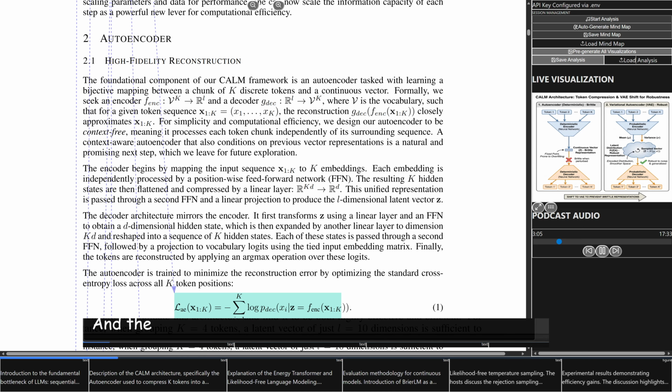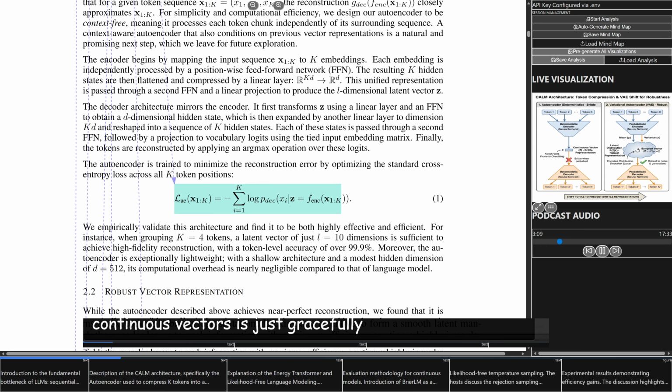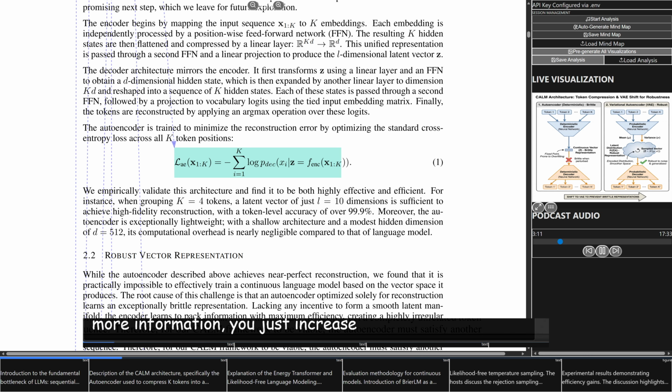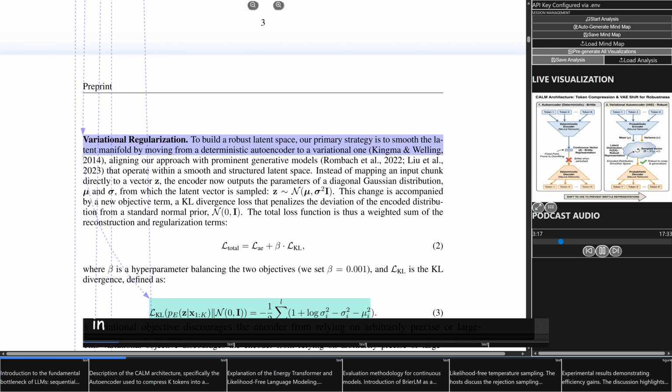And the beauty of this is that the capacity of these continuous vectors is just gracefully scalable. If you need more information, you just increase the vector's dimensionality, right? Precisely. But here's where the first real mathematical challenge comes in. If you optimize that autoencoder only for perfect reconstruction, you learn what they call a brittle representation. Imagine you have a smooth map. With a brittle map, moving your finger just a tiny bit to the side